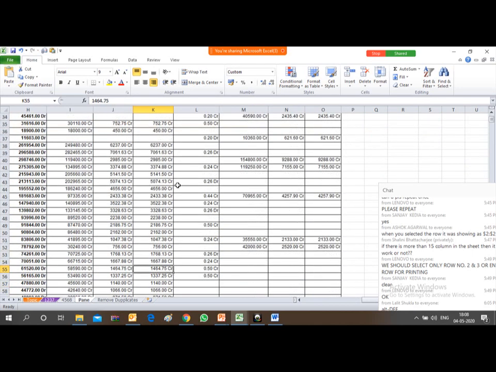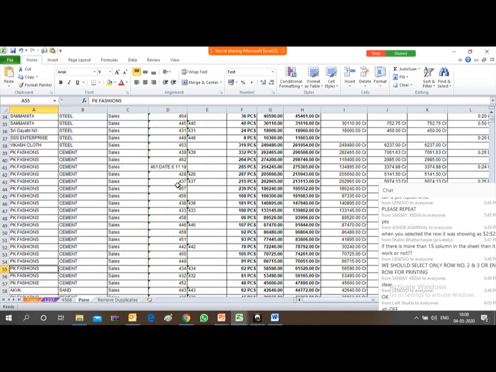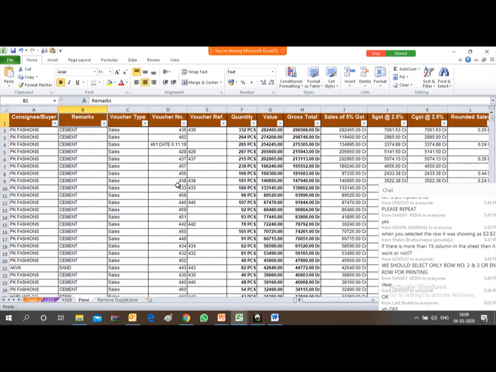I don't know who is the party for this particular data. So I have to come to the extreme left and then see, okay, PK Fashion is the party for that particular data. So friends, to overcome all these difficulties, freeze panes is available to you. You can get maximum utilization of freeze panes whenever you are handling any data of any table.